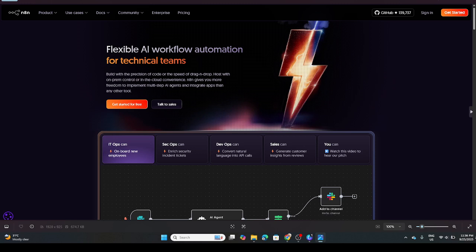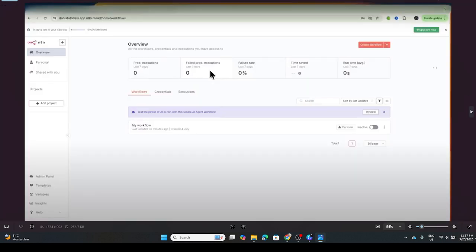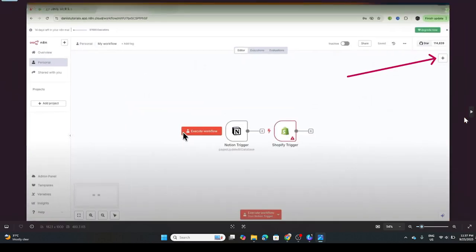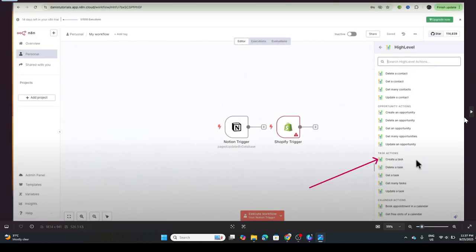n8n is a workflow automation tool that lets you connect various apps and services, which is perfect for our task at hand. Once you're in the n8n dashboard, locate the plus button. Clicking this will allow you to add a new workflow item. In the search bar that appears, type high level. This search will help you quickly find the high level integration app, which is what we need to connect to